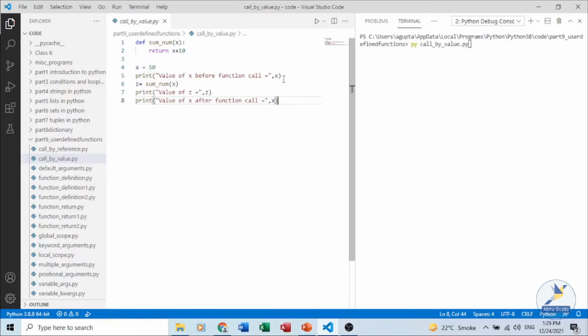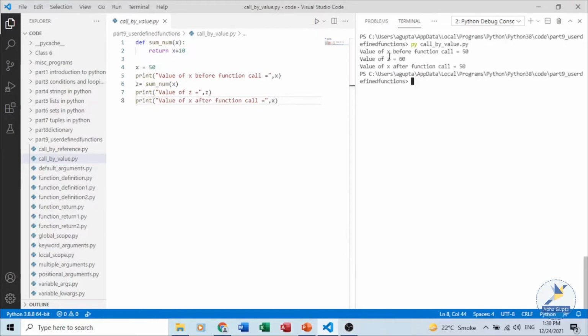We are trying to print the value of x before the function call. We call the function, we modify the value of x, then the data which is being returned, we print it. So actually, since we are modifying the value of x, the value should change, but you will see after the execution of the program that the original value of x remains unchanged. It is same as before.